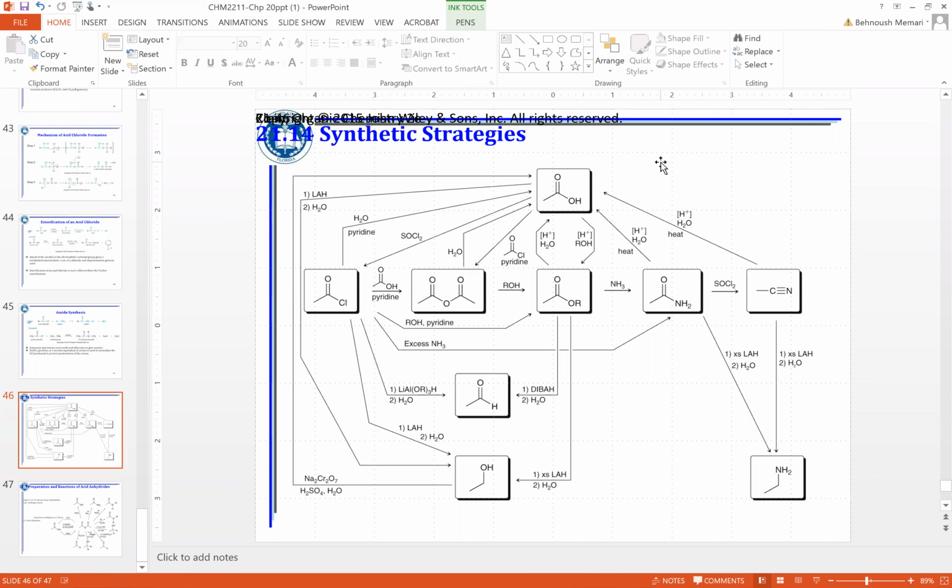This is a good question for your exam, good question for your quiz, so be prepared to be able to answer a question like this. And in order to do this, you must memorize all your reagents. So what you get in the exam, you would get a diagram like this. Maybe you have the central molecule or you don't, but if you don't have it, two of these would be given,